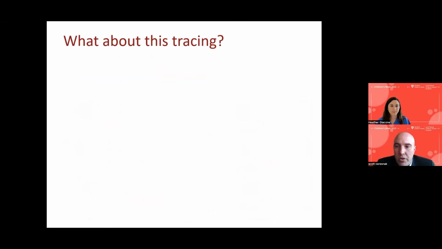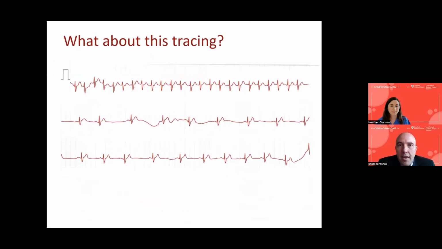He then had another episode later, and he had an episode that was recorded here. As you can see on the top strip, you can see this narrow complex tachycardia at a rate of around 150 beats a minute. And then there's a sudden change in the rate. So this pretty clearly showed us that this patient had an episode of SVT, or supraventricular tachycardia, and it was documented very nicely on the single lead ECG tracing. So the patient clearly had a nice example of SVT documented by a home wearable.